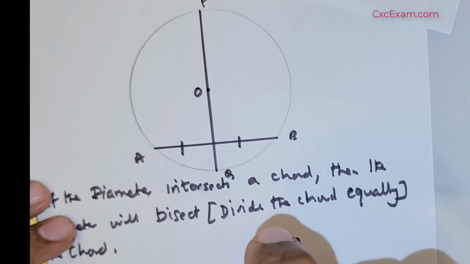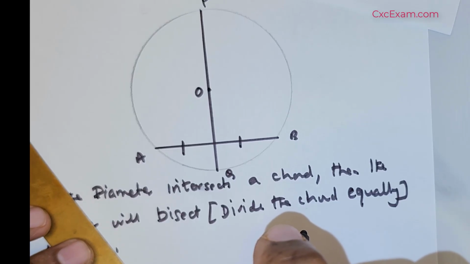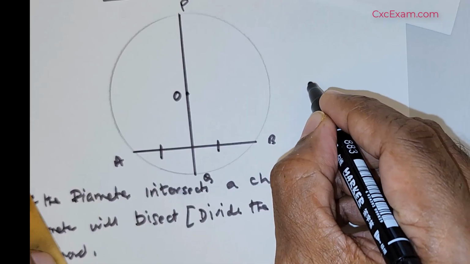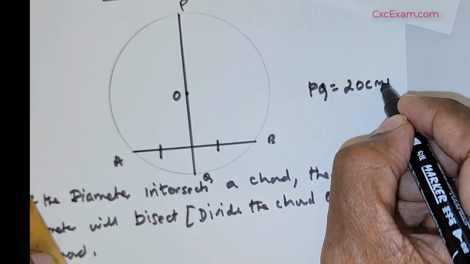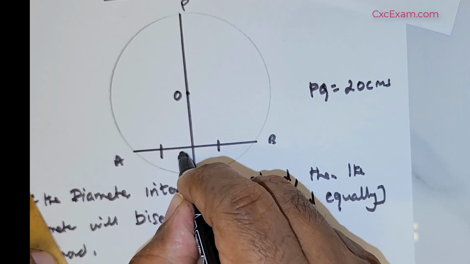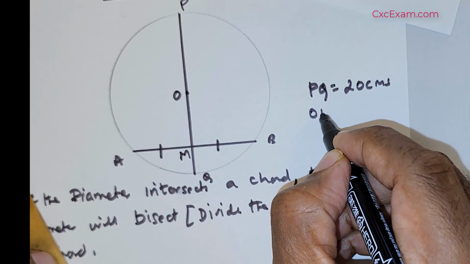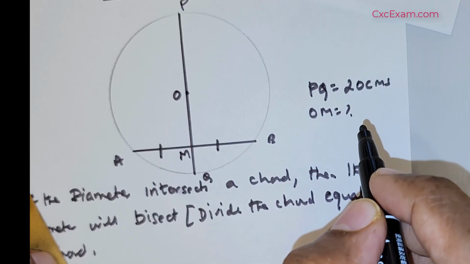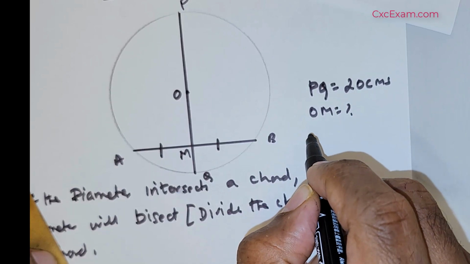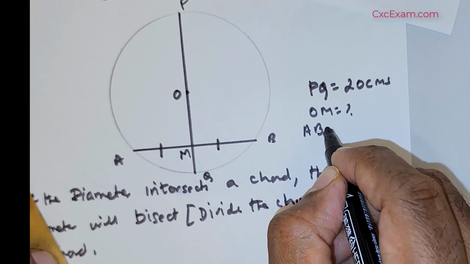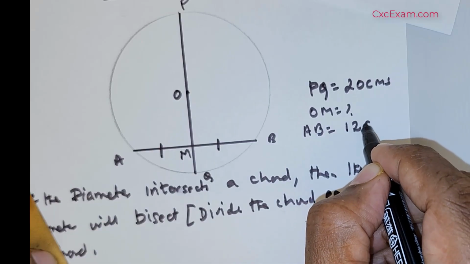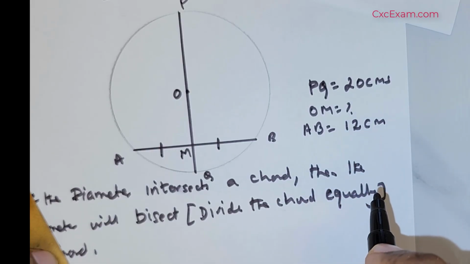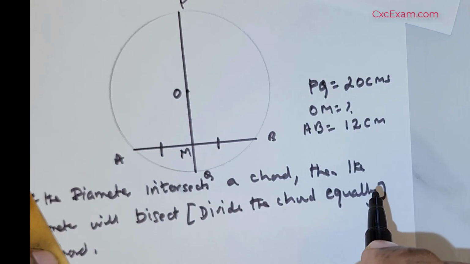Now with this, let me give an illustration. So imagine we have this PQ. PQ, the diameter, is 20 cm. And we have a point M. We need OM. Okay, and we have AB to be say 12 cm. So with this information we will have to get